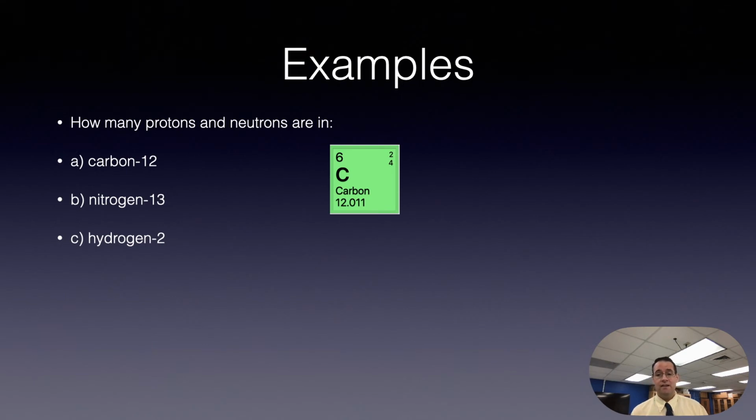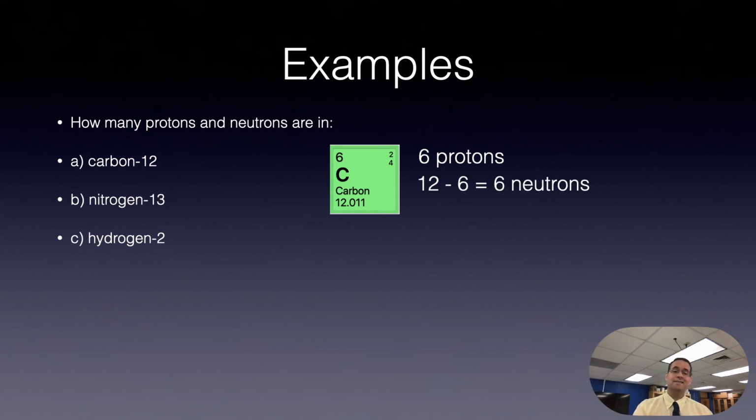Once you find that on your periodic table, you can start building up and answering this question, okay? So this is element 6, so we know it contains 6 protons. And then we can take the 12. Carbon-12 is in this word problem, and we can do 12 minus 6 to get 6 neutrons. So we know carbon-12 has 6 protons and 6 neutrons because the 6 and 6 equals the whole number 12